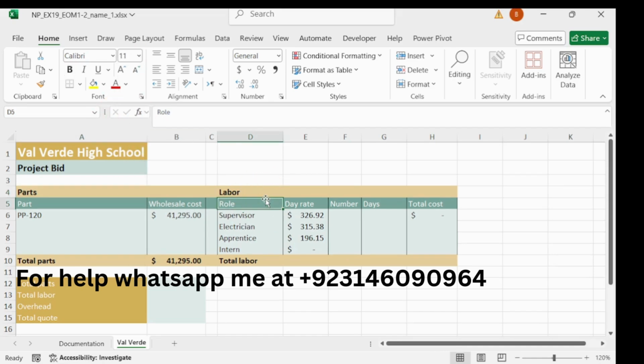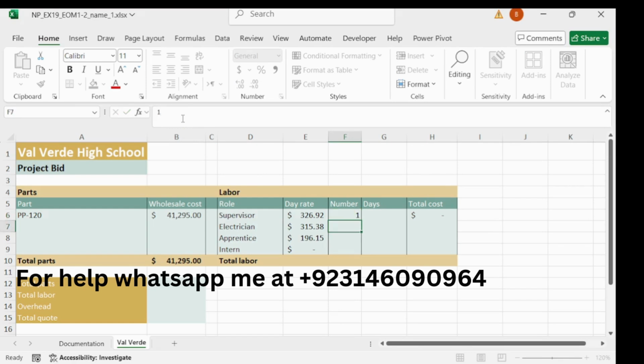And our step number 6 is enter the values shown in table 1 into the corresponding cells. Enter 1 in F7.